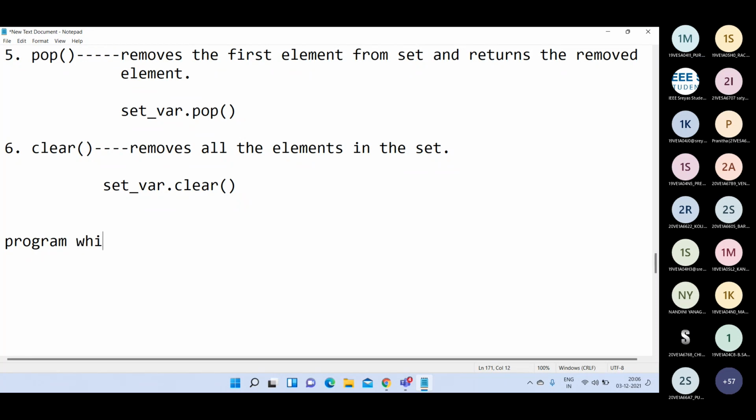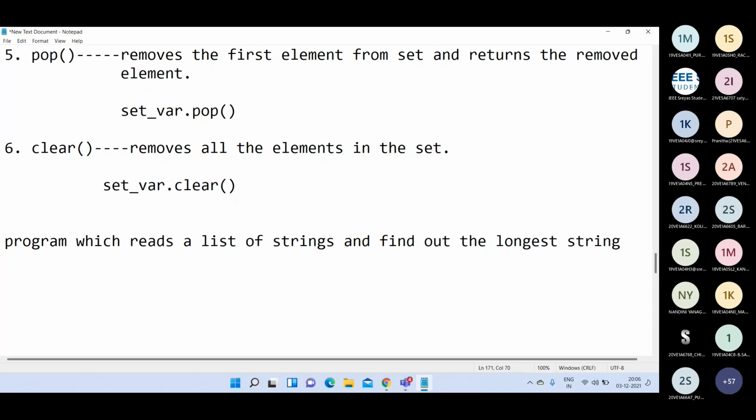Program which reads a list of strings and finds out the longest string, or we can say the longest word.